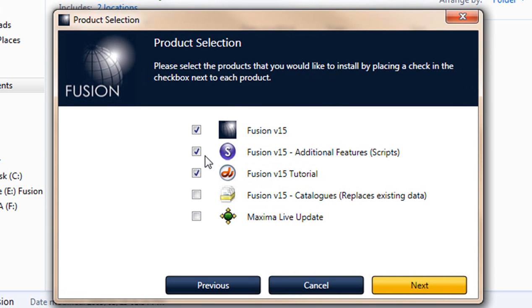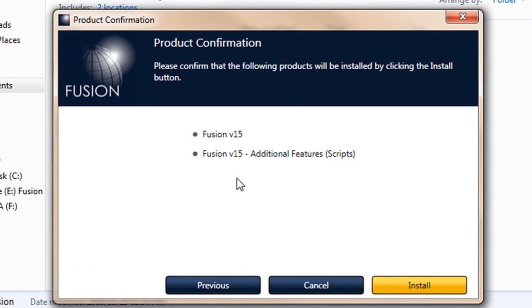and from here you can click on the Fusion version 15, the scripts. And if you needed a tutorial, you can do that, and it would put an icon for you. But for now, I'm not going to worry about the tutorial. I'm going to click next just so that I can restore my data to Fusion. Okay, these are the programs I'm going to install now. I'm going to go install,